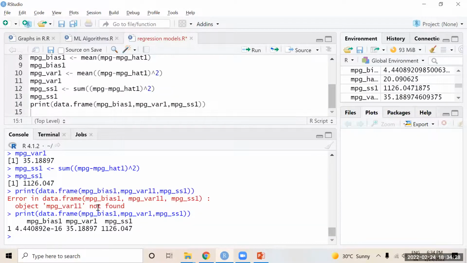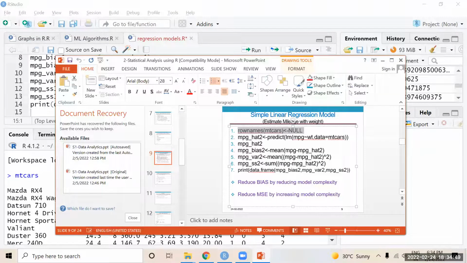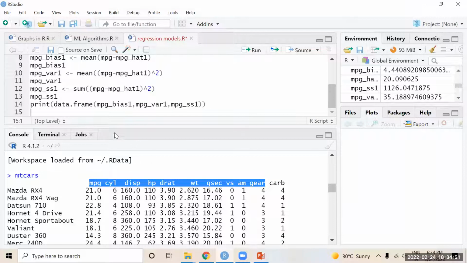Just you observe. In mtcars, these Mazda RX4, Datsun, are all not useful for the analysis part. We are only going to do the analysis on columns. Okay. This depends on the problem. Row names are not required, so I'm making them null.